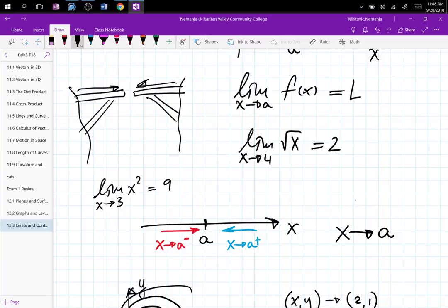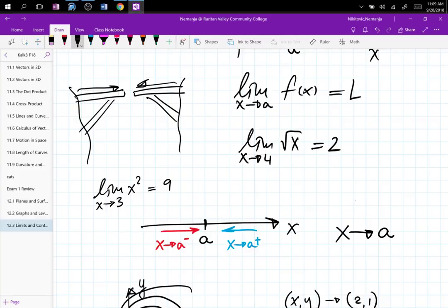Are we going to worry about nice limit problems? No, because you can just plug in, even though you're not supposed to. You plug in, you have no zeros in the denominator or anything crazy happening. That's the limit. Done, right? Just like in Calc 1, x squared equals 9, done. We worry about those problems that once you